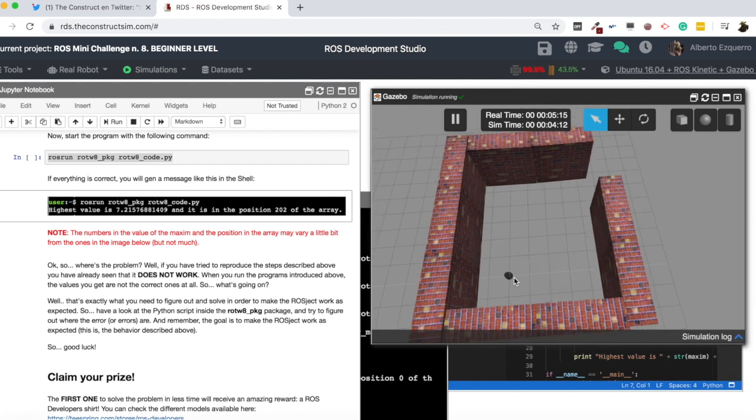the largest distance between the robot and the wall is here. So this is the largest distance. Not here, not here, not here, not here, not here even, but here. Yeah, this is the largest distance, and it makes sense. It's the position 202 of the array, because it's between the position 0 here and the position 360 here, and